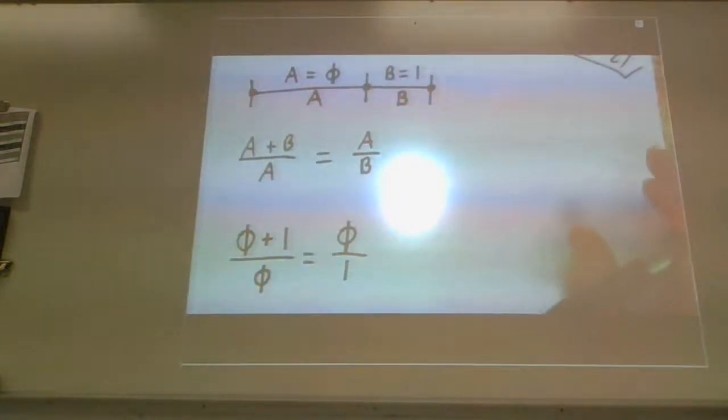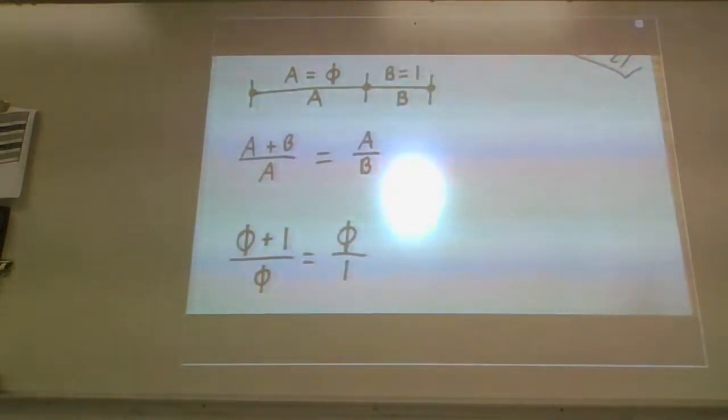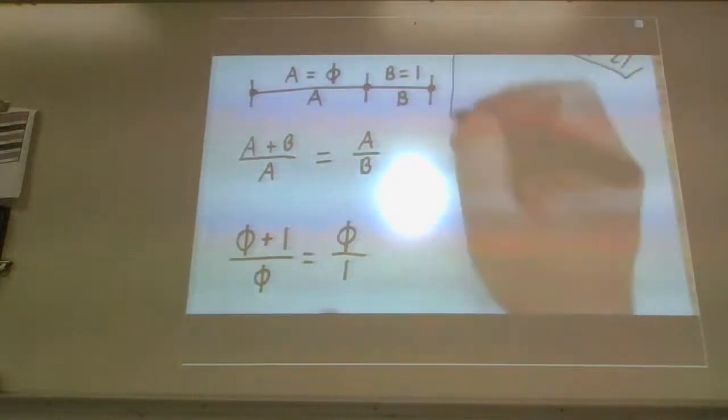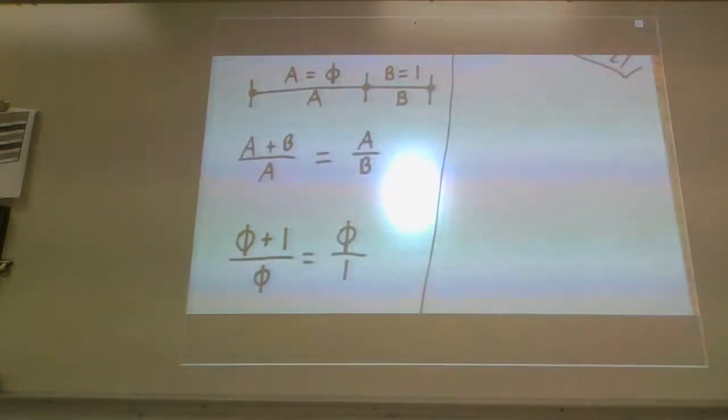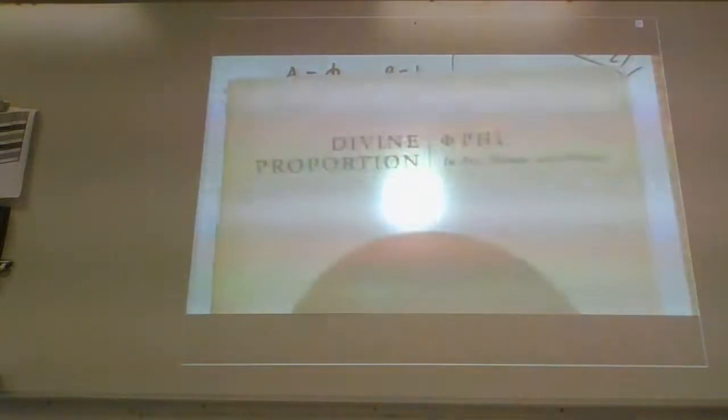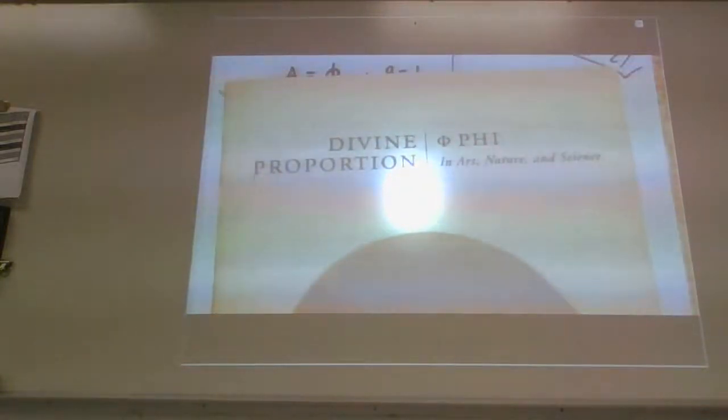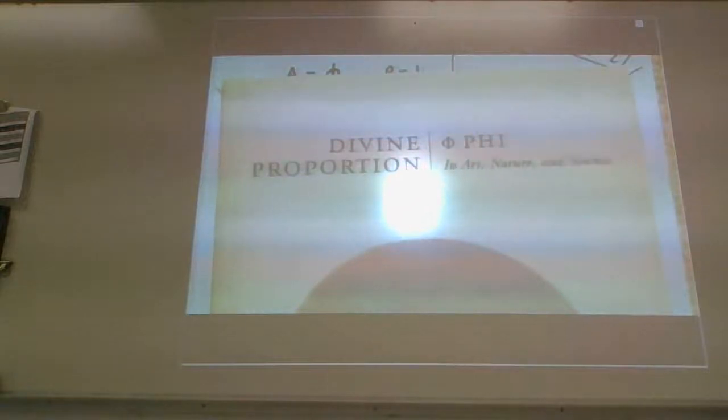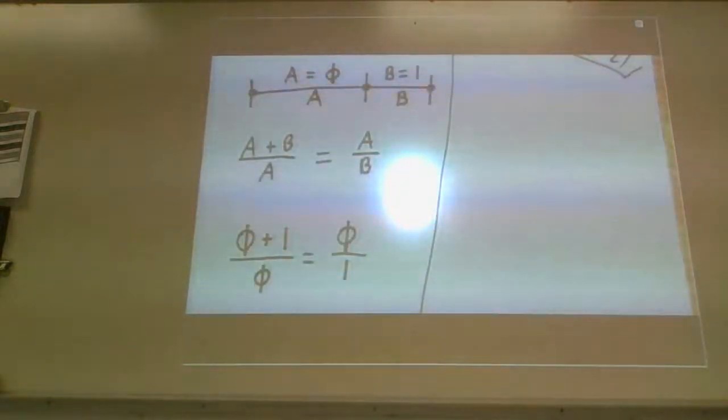And we are. And you'll see how it kind of shows up in a little bit. It's going to be very weird. But we're going to get this thing done. In fact, let me actually get the image of it in my book in a moment. I was actually able to remember to bring in this book. Somebody got this for me as a gift in college, and I thought it was fantastic. It's called Divine Proportion, Phi in Art, Nature, and Science. It's one of the first mathematical books that really clued me into what phi actually was.